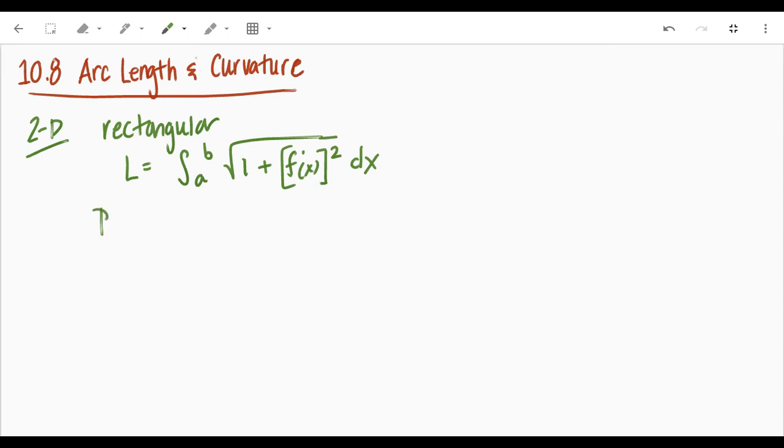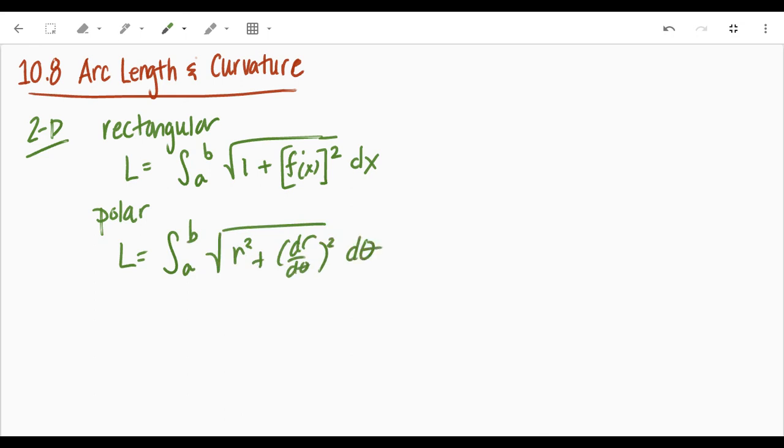We had polar, which was the integral from a to b of the square root of r squared plus dr d theta squared d theta. We had parametric,